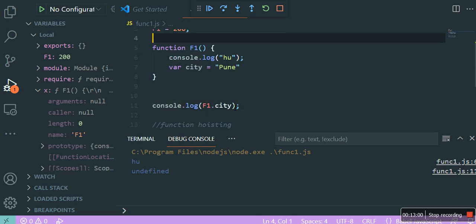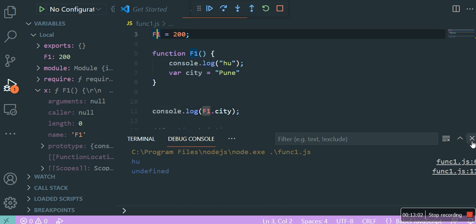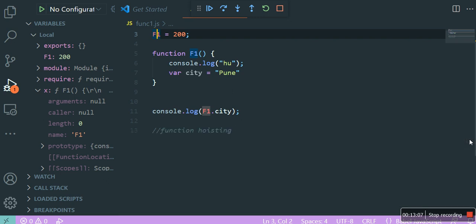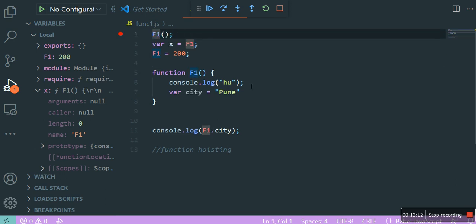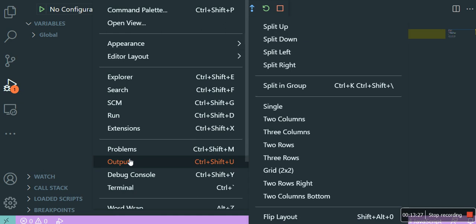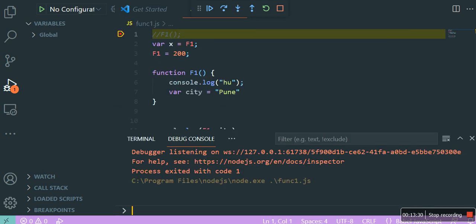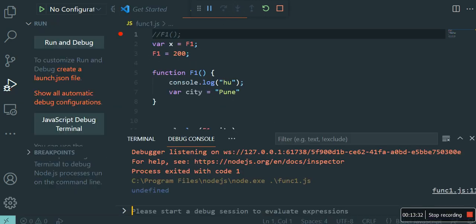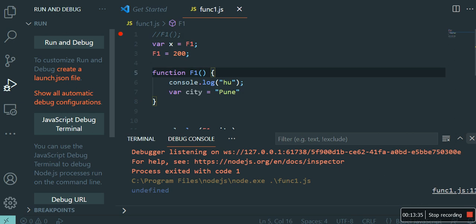No, no. Which function are you talking about? There's no function here. I never called the F1 function. See, it's not running. Okay. In the first line, line number one, if I do this thing, it will not run. Correct. Because if I rerun this thing, then this will not run. If you go to view, debug console, then see, right here it is. If I run this thing, undefined. Only the last line ran.